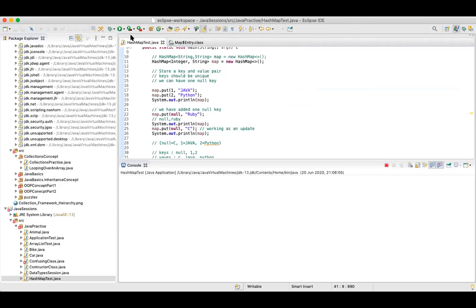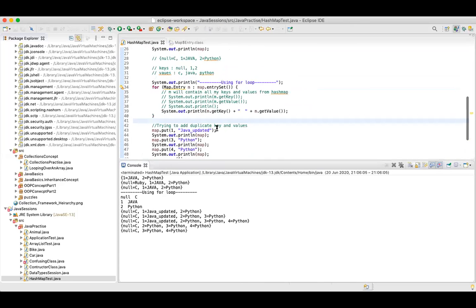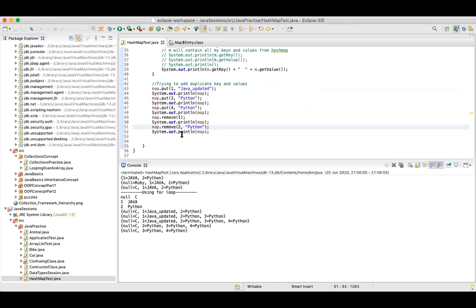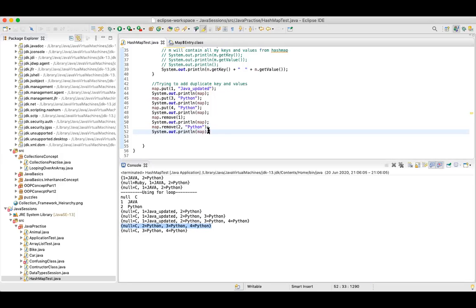Now when I run this, yeah, sorry. So when I say remove 2 comma Python, so this was my list, and it removed 2 comma Python. This particular value is removed from the map. Okay, guys.